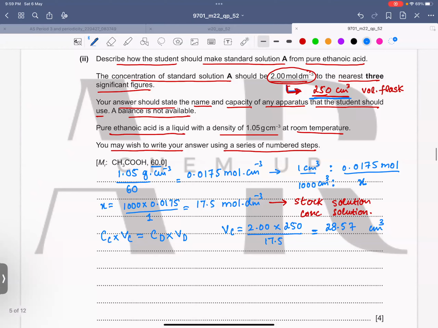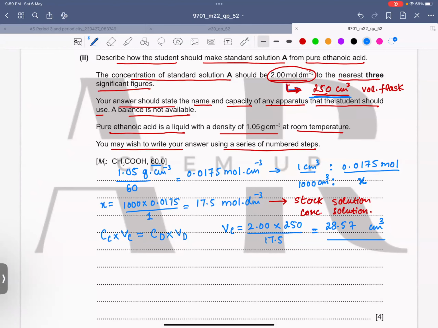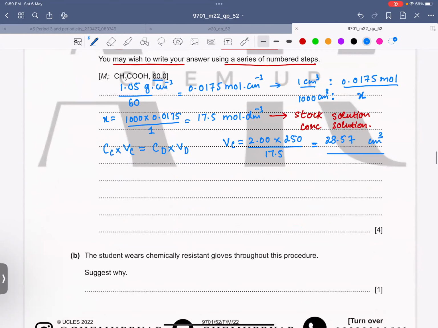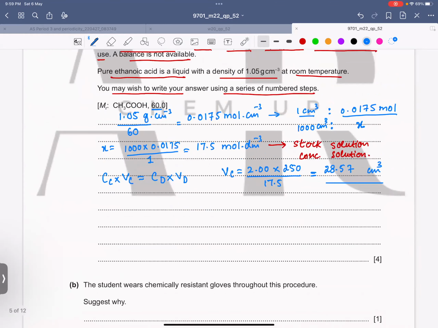Now we have the volume of pure ethanoic acid that is needed. So now I will write the instruction: pipette out 28.57 centimeter cube of pure